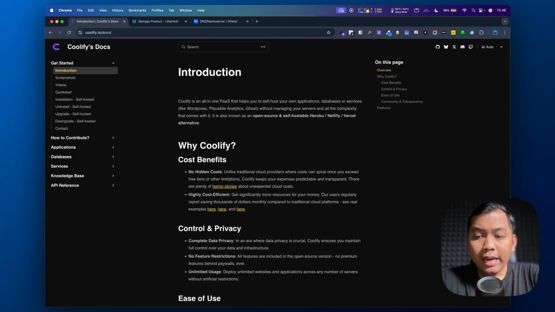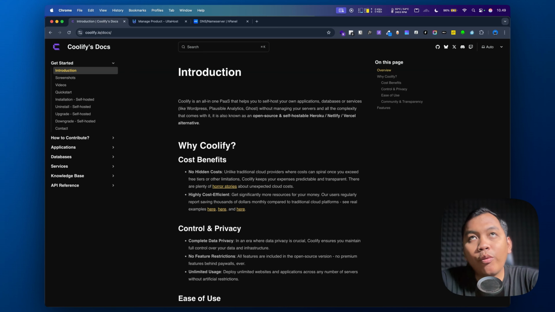Previously I said that Coolify is an alternative to Heroku, Netlify, and Vercel, but here we can read the definition from the Coolify documentation. Coolify is an all-in-one platform as a service that helps us self-host our own applications, databases, or services like WordPress, Plausible Analytics, or Ghost, without managing our server and all the complexity that comes with it.